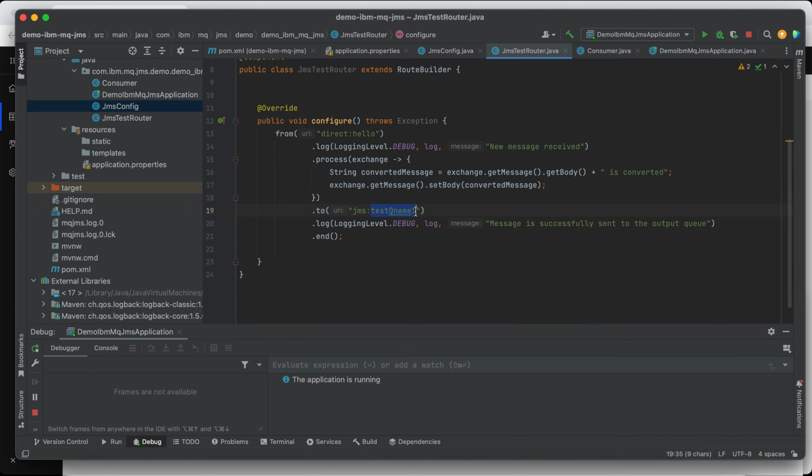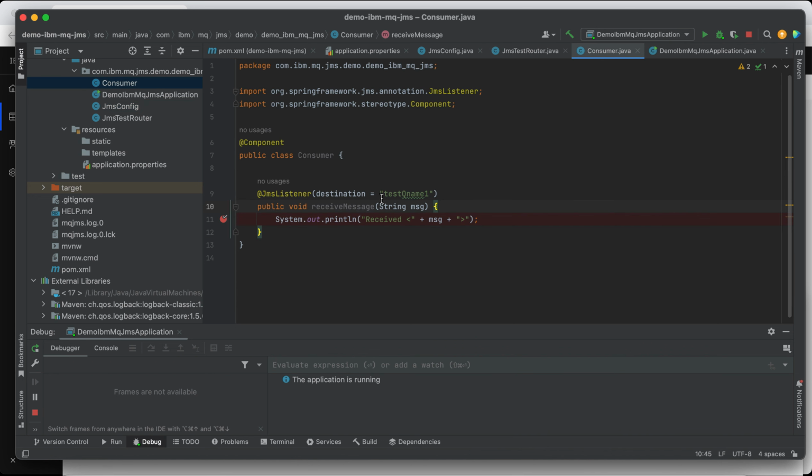This is actually the queue name. If you remember, a while ago we have here the destination. This is the queue name actually.